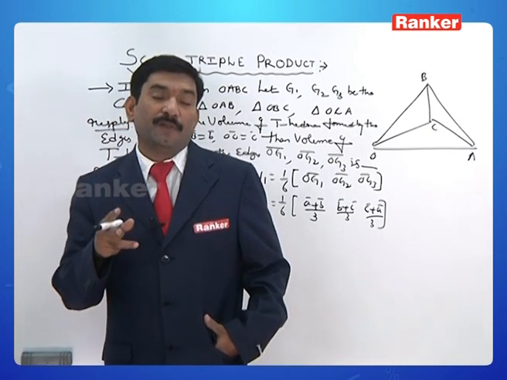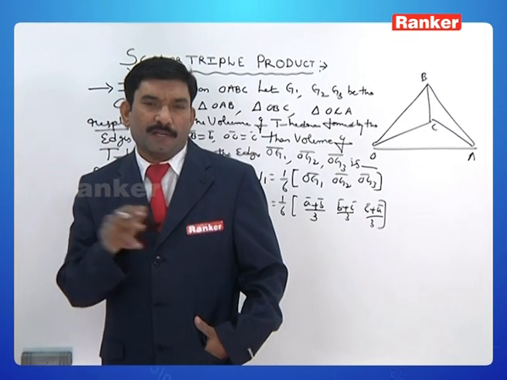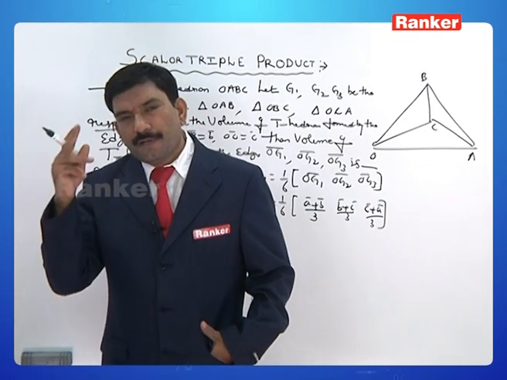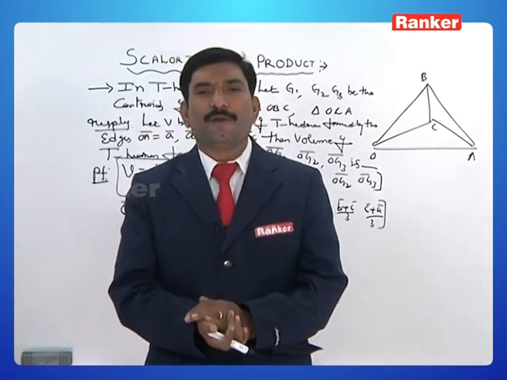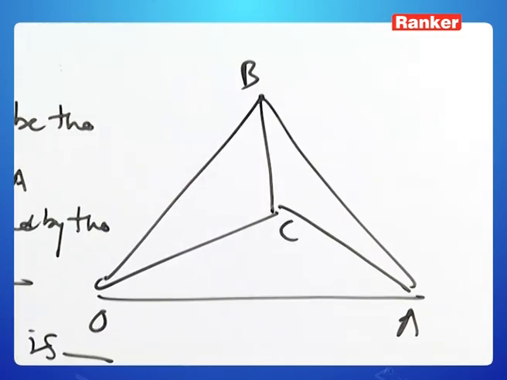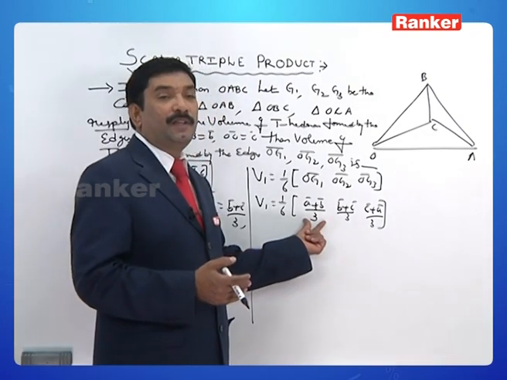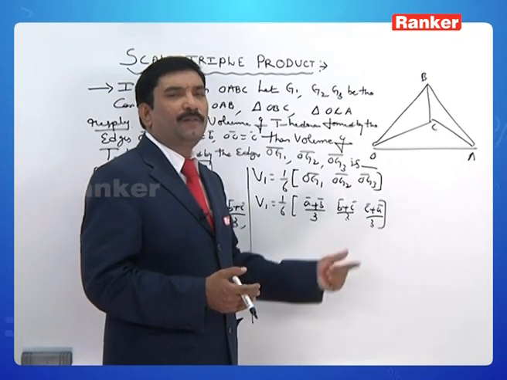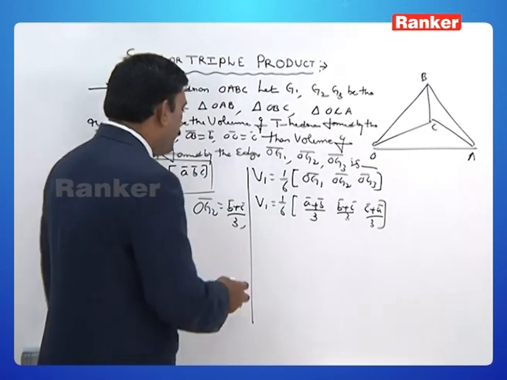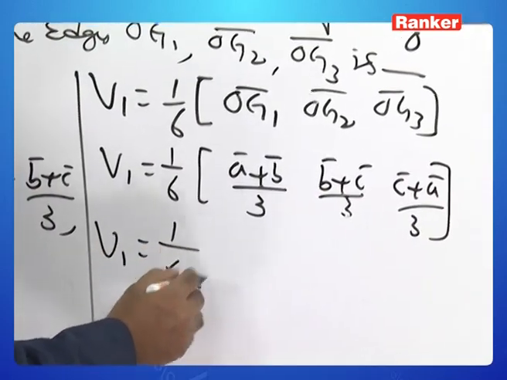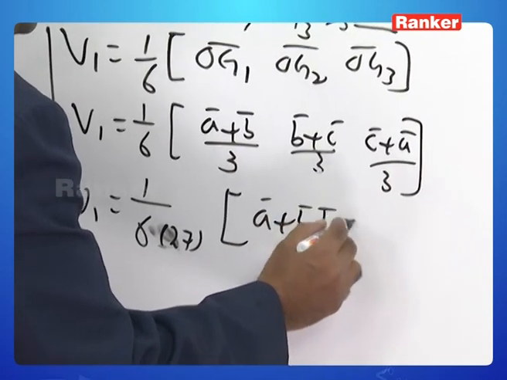If k square is there, you can multiply for either two rows or two columns. If k cube is there, k for first row, k for second row, k for third row, or else k for first column, k for second column, k for third column. Like that, k cube can be distributed into three rows or three columns. So therefore, when you are multiplying in the same fashion, from the first row 1 by 3, from the second row 1 by 3, from the third row 1 by 3, therefore 1 by 3 cube. So therefore, V1 is equal to 1 by 6 into 1 by 27 into box of A bar plus B bar,